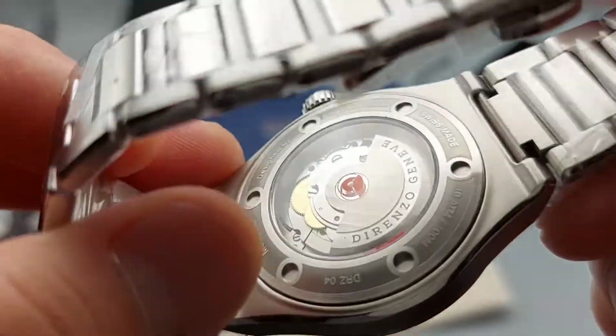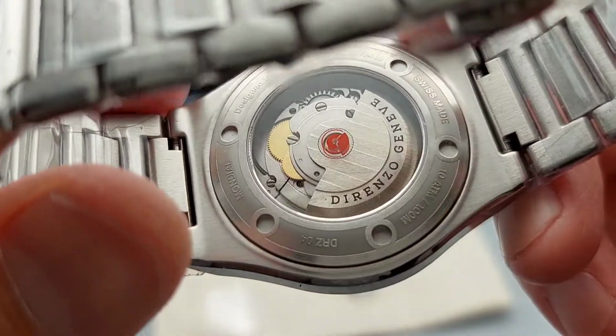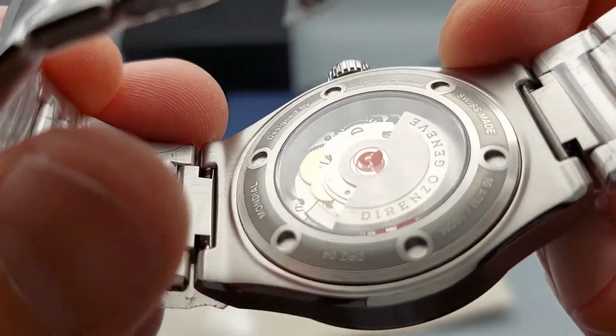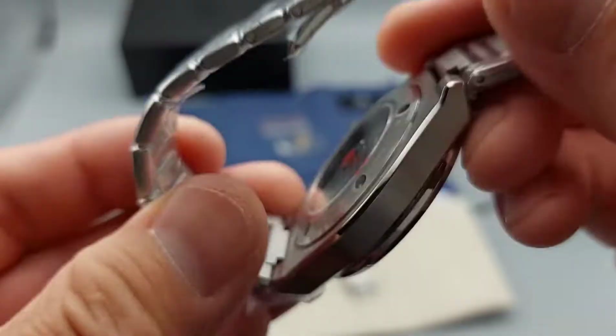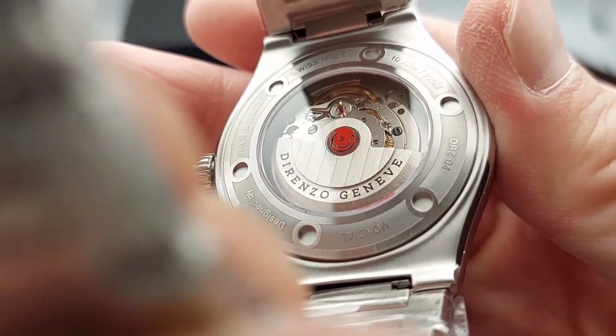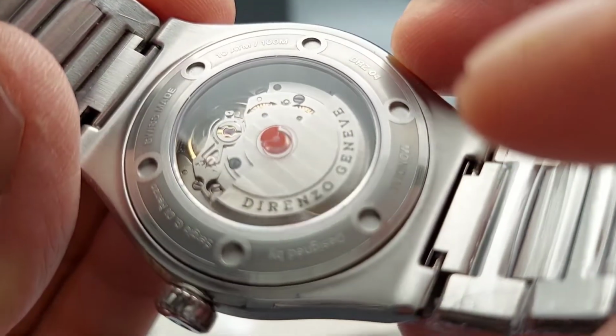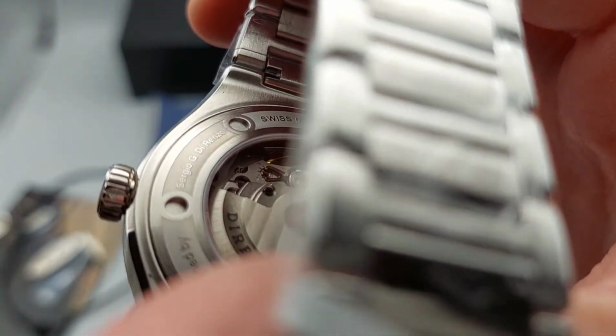And here's the case back. It's got the Direnzo logo in red. It's got a little bit of striping, but overall not a whole lot of decoration, but it works. I wonder if I can spot